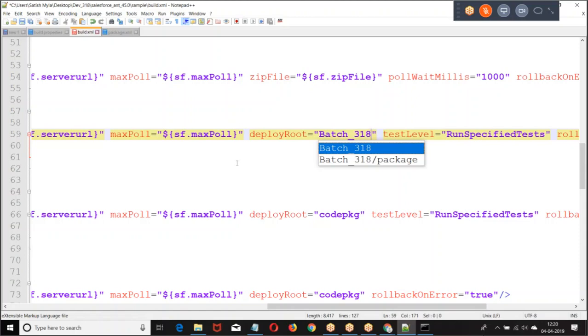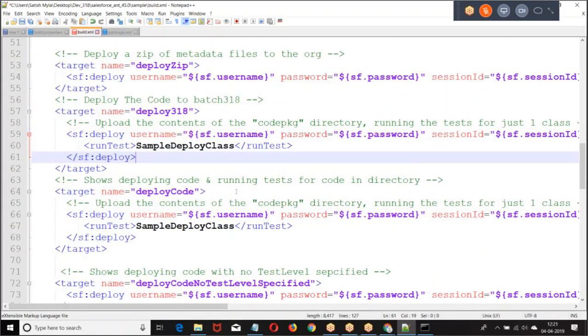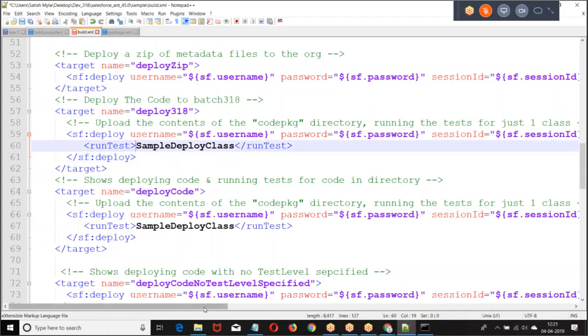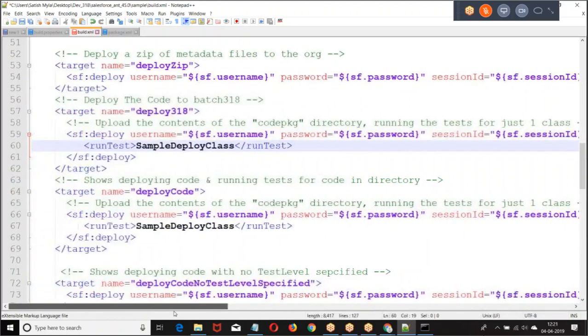When you want to deploy, it asks whether you want to run all the test classes or run a specific test class.